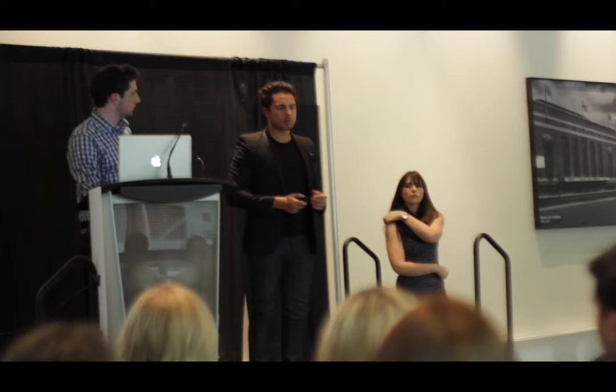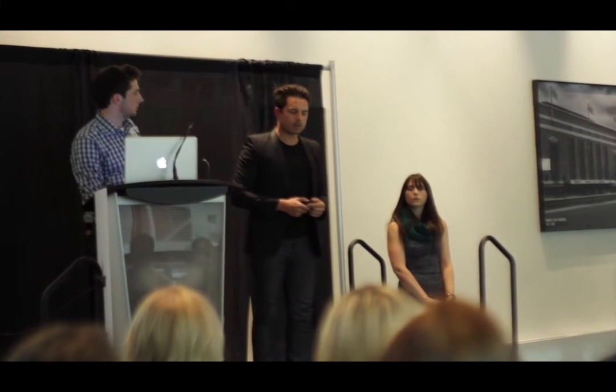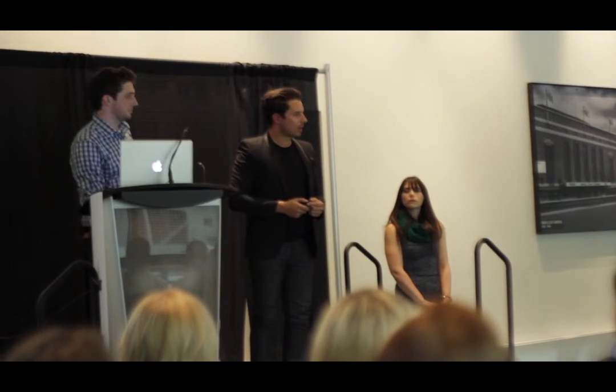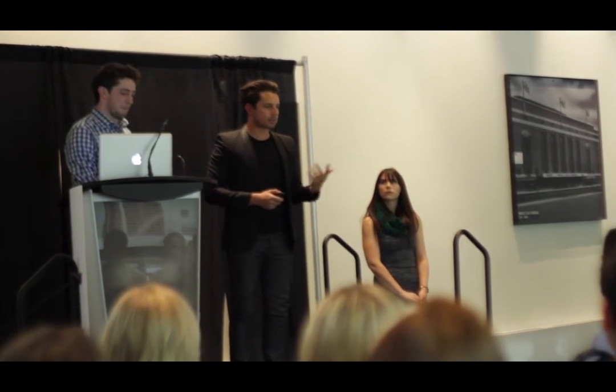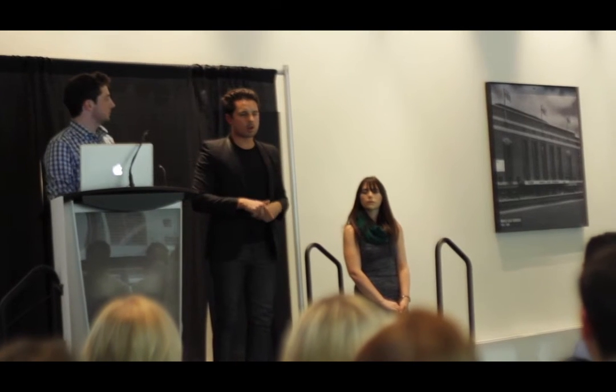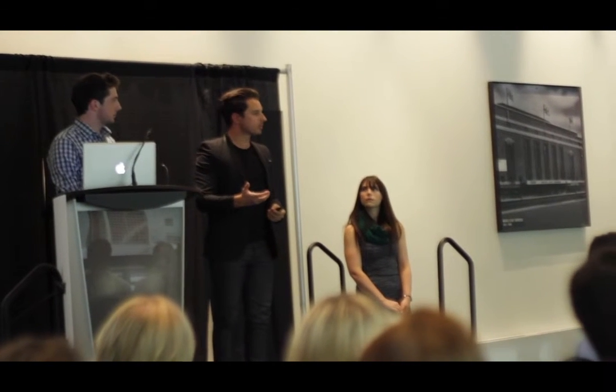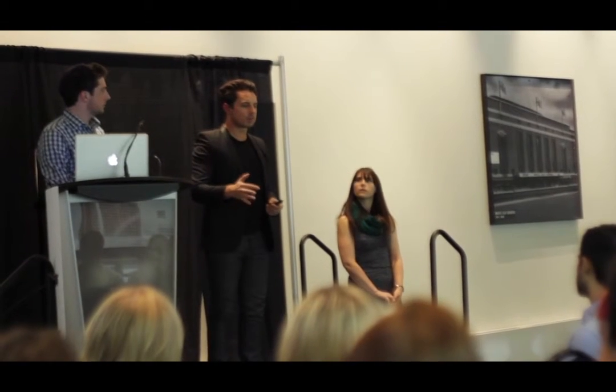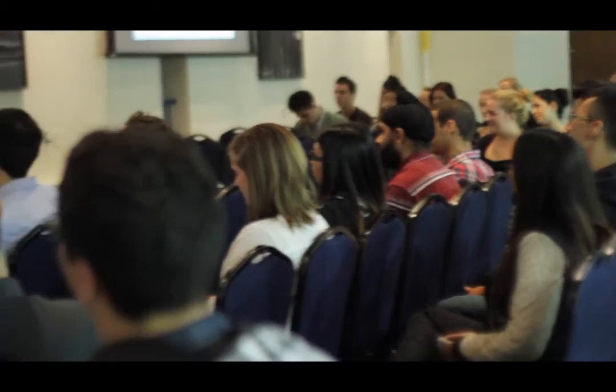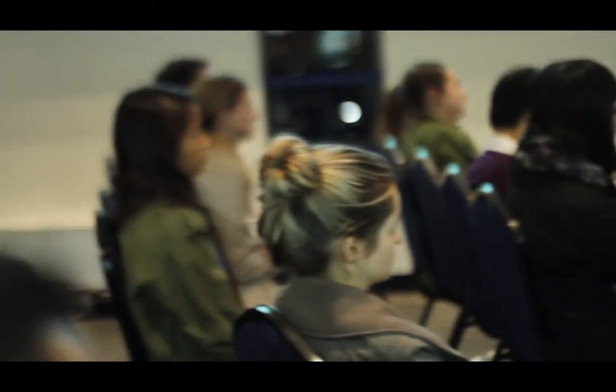A good example of that would be Charmin, which is a toilet paper brand, right? They did an app called, I think, Sit or Squat, and it was an app specifically in the States and specifically in New York, where you could look at all the public restrooms in Manhattan, and it would tell you which ones were good for sitting and which ones were good for squatting. And that's really cool, because that's a real problem. If you're a tourist or maybe you're out and about between your house and your office, and you need to find a washroom, you can actually open up this app and it'll tell you where you are.